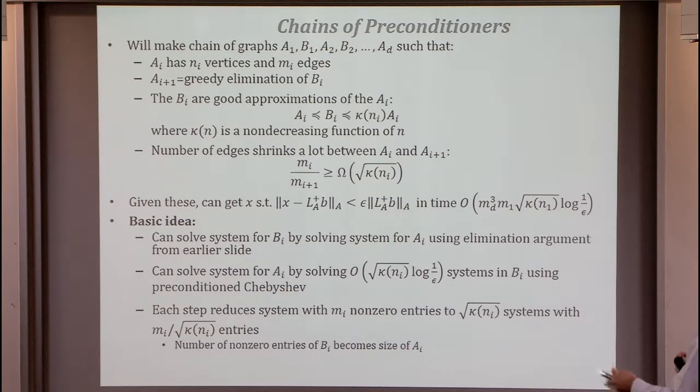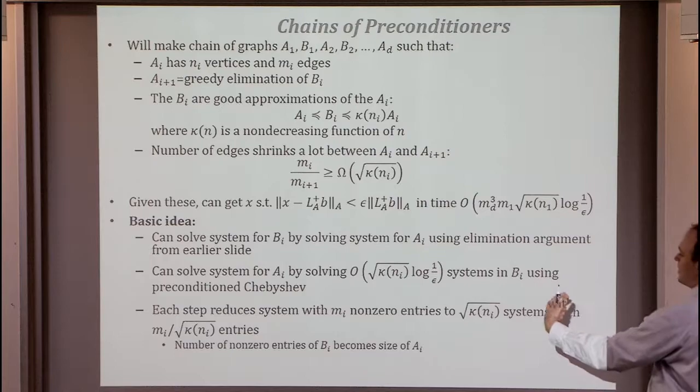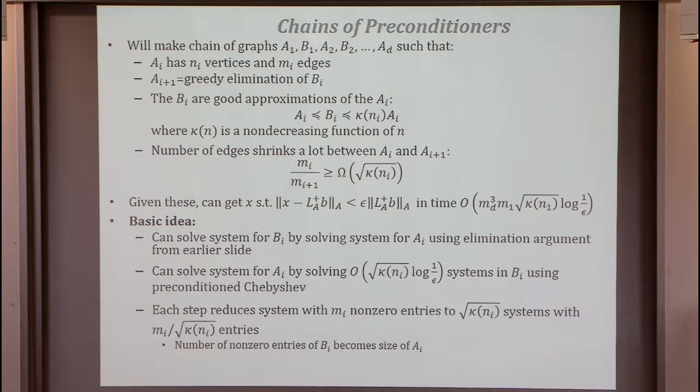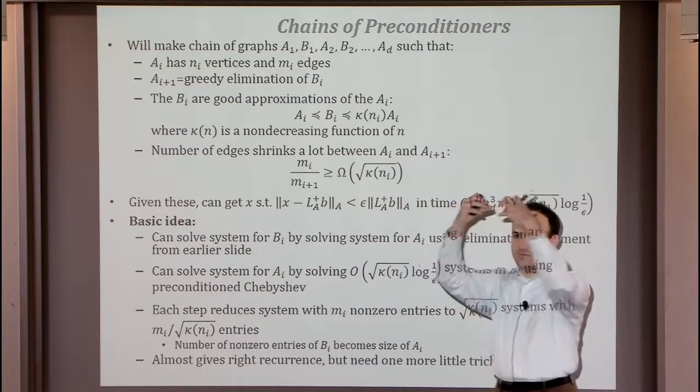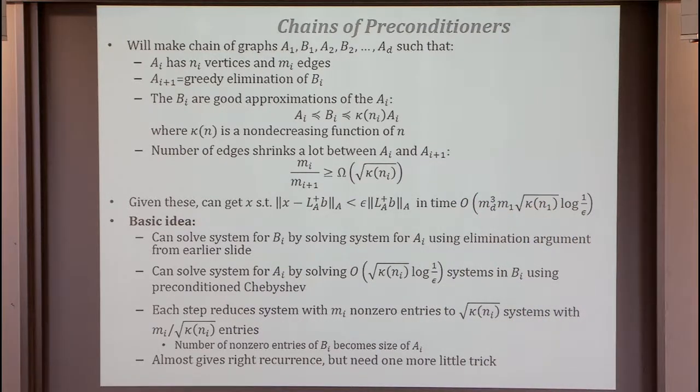So the idea is the number of non-zero entries of B becomes the size of A, and now I've actually gotten something that expands out to the recurrence I've given. So that almost is good enough, right? Again, the idea is that I've got these graphs that have fallen off in size very quickly, but I have to do a bunch of them. I reduce solving one system to solving polylog systems that are of size polylog smaller,